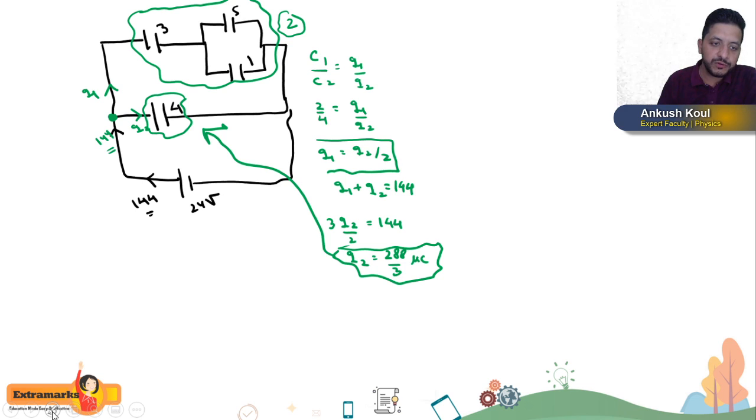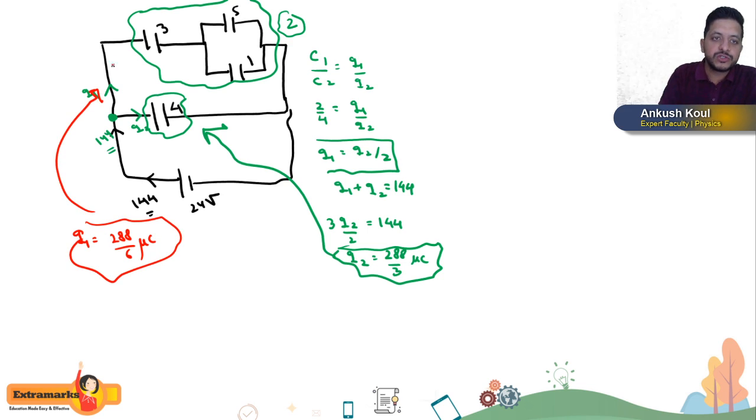Now if I also have to find Q1, how much is Q1? Q1 is Q2 ka half, so it is 288 by 6 microcoulomb, and Q1 is the charge that goes here. So Q1 is the charge on this 3 microfarad capacitor, and this is 288 by 6, correct? If you do this division you will get 48 microcoulomb. So this is 48 microcoulomb which reaches this junction, and then the 48 microcoulomb gets divided into the